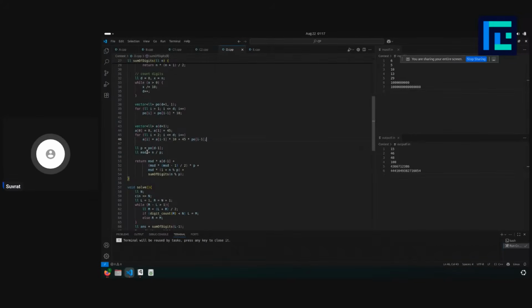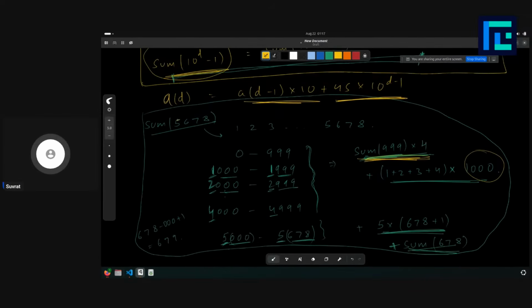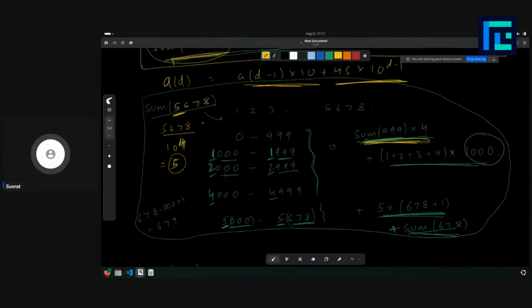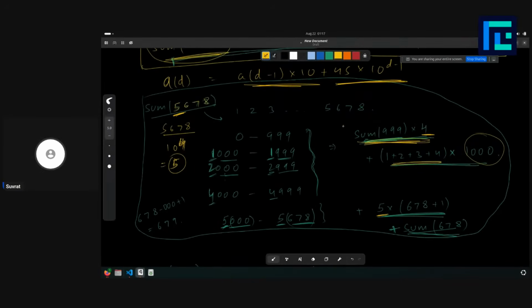And then what I am doing is MSD. MSD is basically for 5678. What I am doing is dividing 5678 by 10 to the power d. d is the number of digits, so d would be 4. So dividing by 10 to the power 4, wait, 10 to the power d minus 1, this would give me 5. 5 is basically the most significant digit in this case. So from this 5 we know that here till 4 will come, and here 5 will come. So what we can do is MSD into a of d minus 1, this thing,